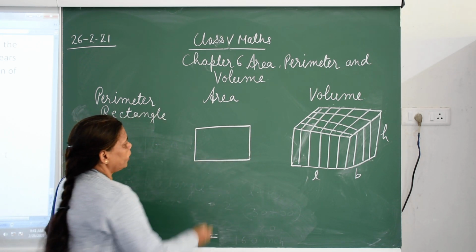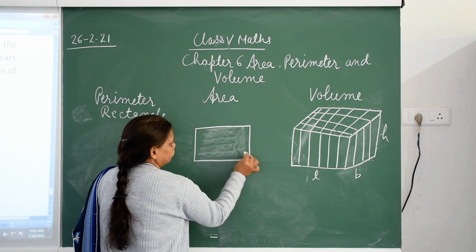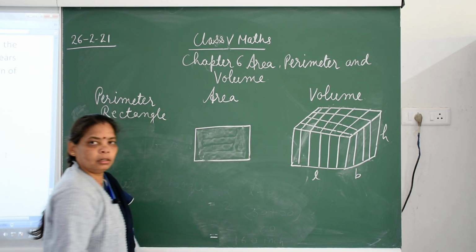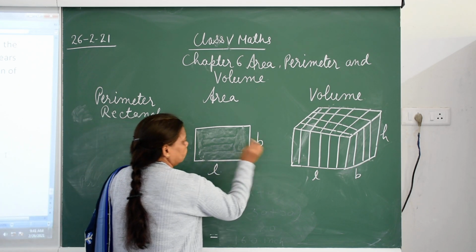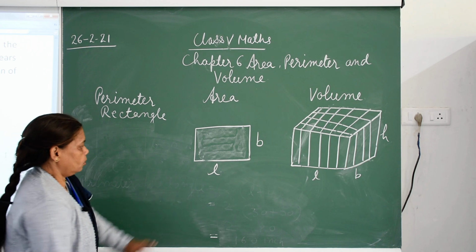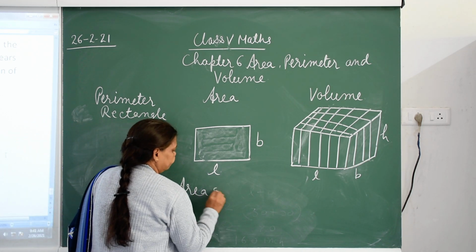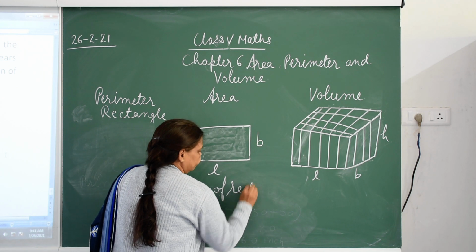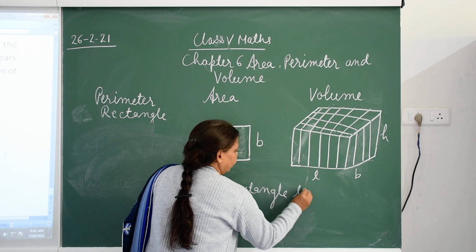So we measure the area inside. Area of a rectangle is length and breadth. So what is the formula of area of a rectangle? Length into